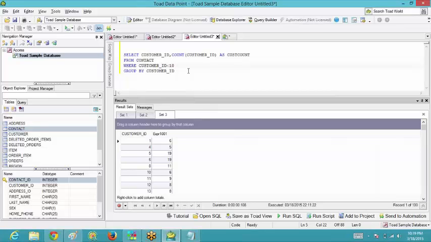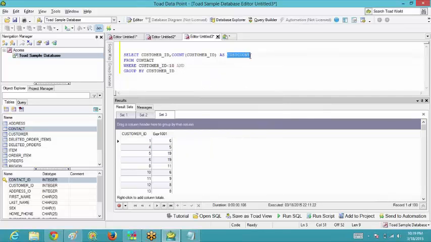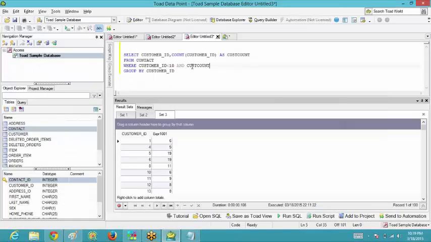Okay, and now what you must be writing is and the count customer ID or the cust count. Okay, so you must be using that cust count. It should be greater than, yeah, it was greater than 50.